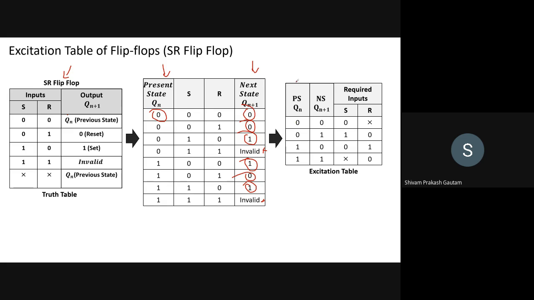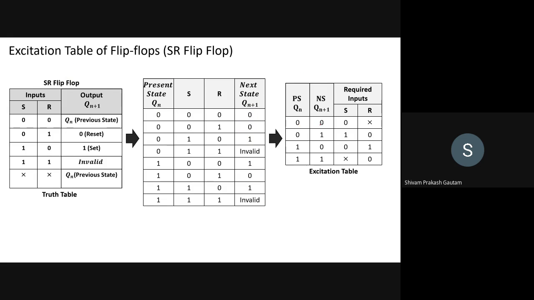Now, excitation table we have already seen, provided that we have been provided with past state and future state, and we want to predict what can be the input, sorry. So past state and future state, two variables are there. So 0 0, 0 1, 1 0, 1 1, right? When both are 0, what can be the condition when both equal to 0? Just check on the slide.